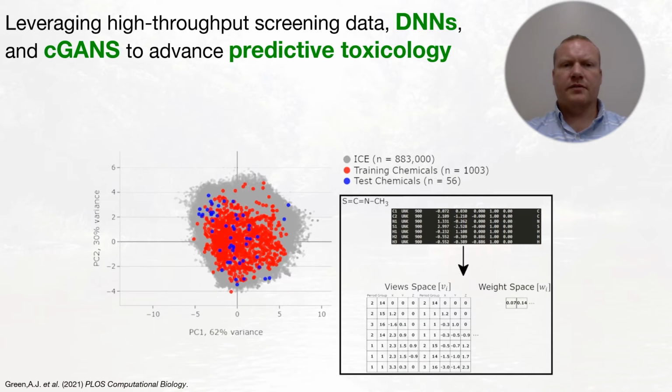While the 1,059 chemicals in this data set are only a small fraction of those found in the Integrated Chemical Environment, or ICE database, they represent a broad range of physical-chemical properties as shown in the principal component plot on the left. Further, the plot shows the physical properties of the chemicals found in our training and test data sets, with the test set coming from a recent follow-up study conducted years after the initial high-throughput screen.